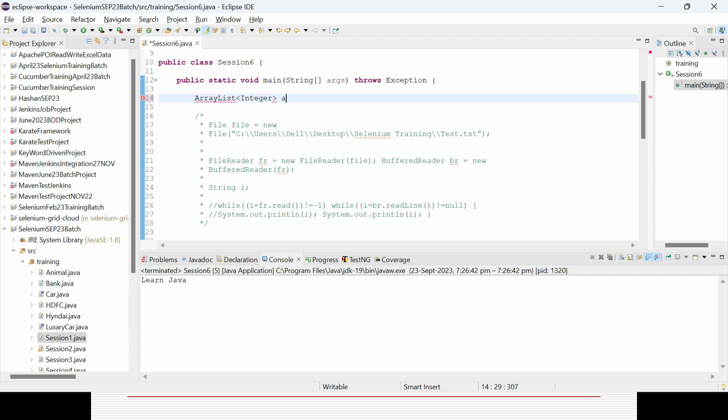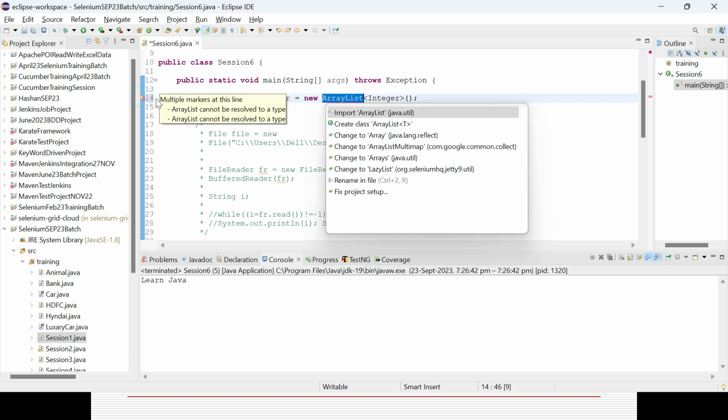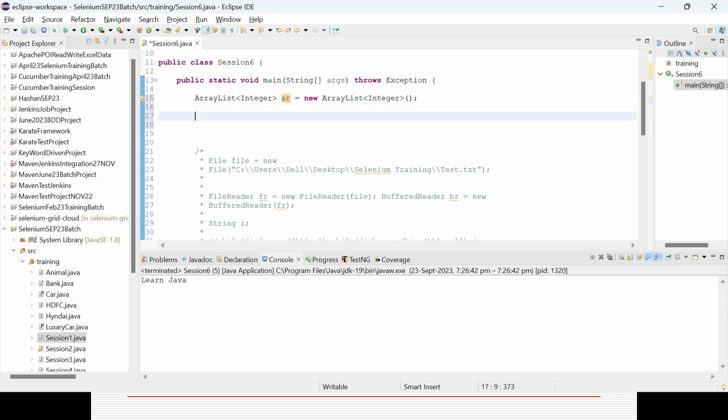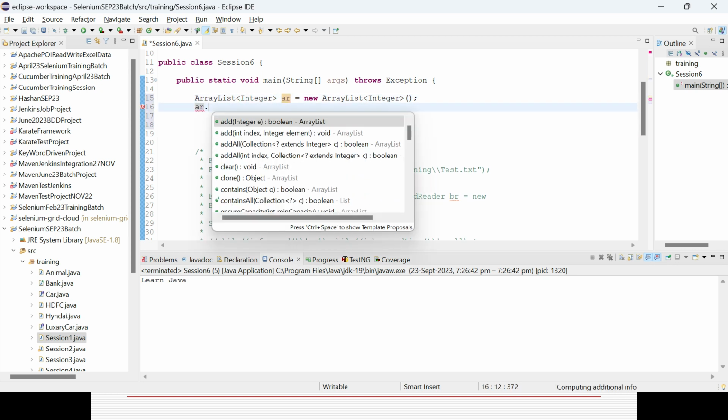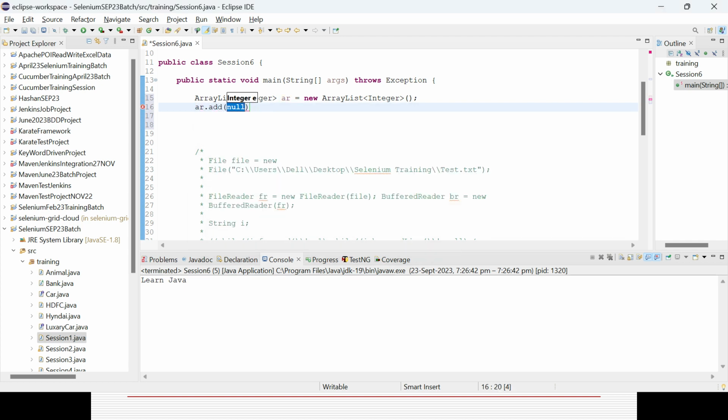So ArrayList, that is the object I want to create: new ArrayList, and you only need to give the wrapper class type here. That is the way you can create an object. You need to import ArrayList from the java.util package, because all the collection classes are in the java.util package. Now here you can only add the similar type, whatever wrapper class you declared. You could see there is an add method. So I can add 10,